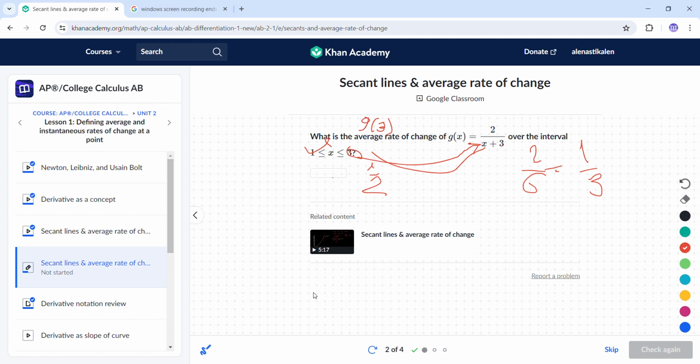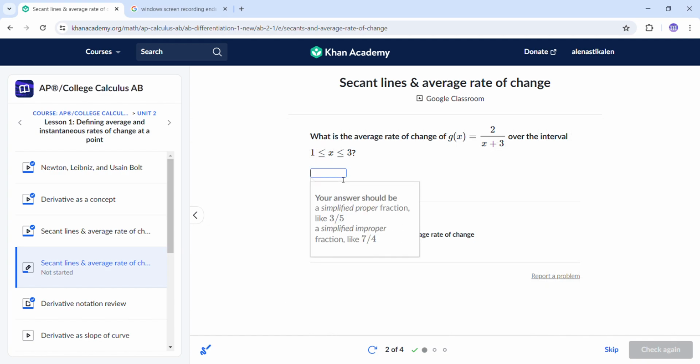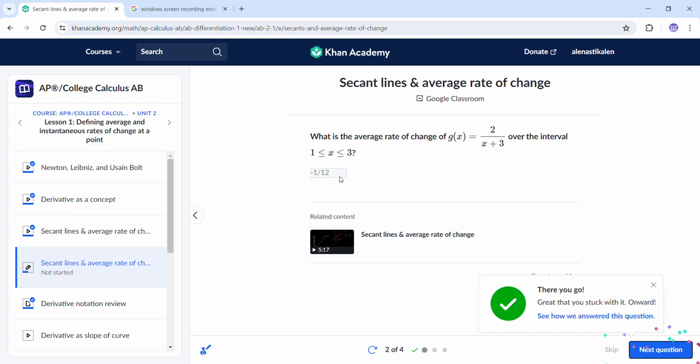Could it be negative 12 instead? Because I don't really think I made any mistakes here. I'm sure everything is right. So I think it was simply just the sign that I got wrong there. Yeah, I'm pretty sure it was just the sign that I got wrong. So I'm not sure why it's a negative, but it would be a good time to open up the steps